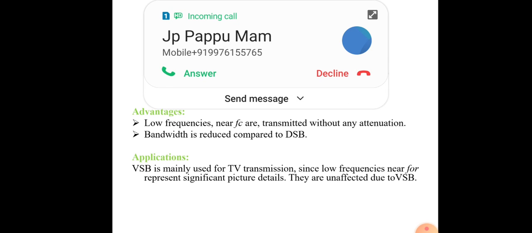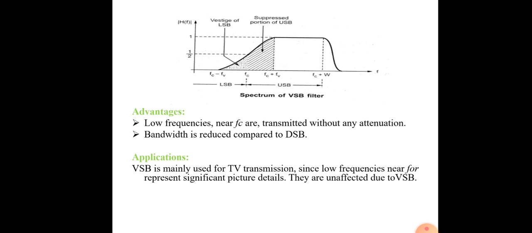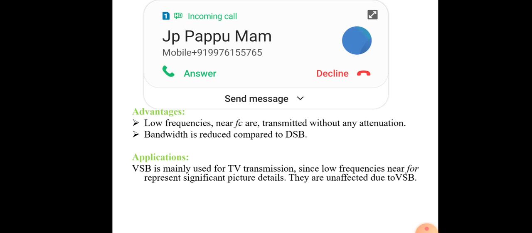Whenever we use TV transmission, some amount of noise will appear, and that noise is overcome by using our VSBSC.